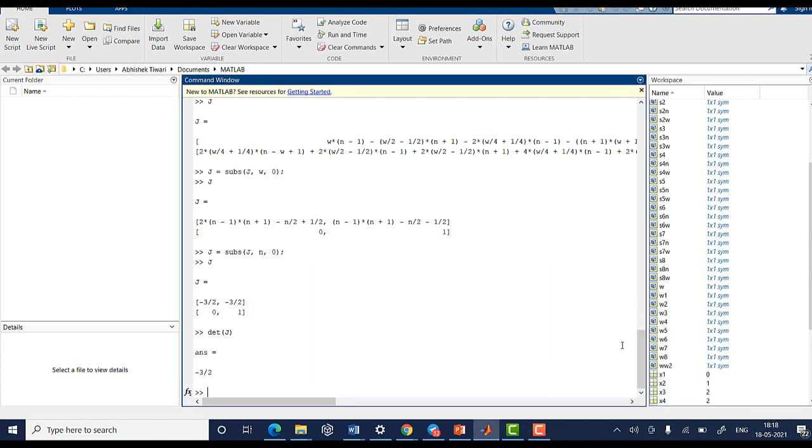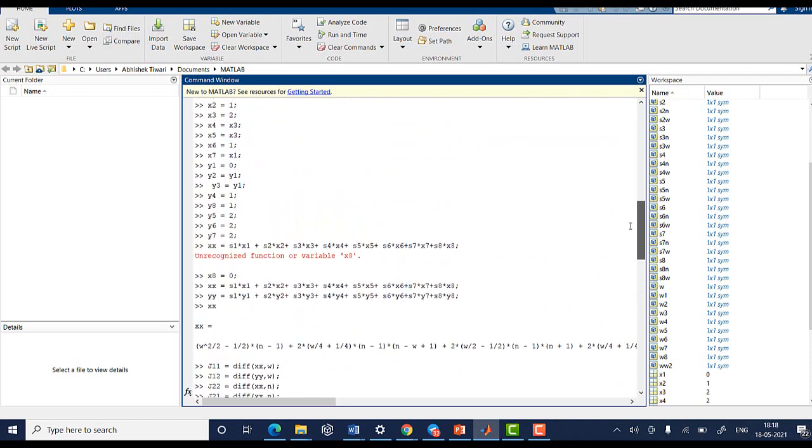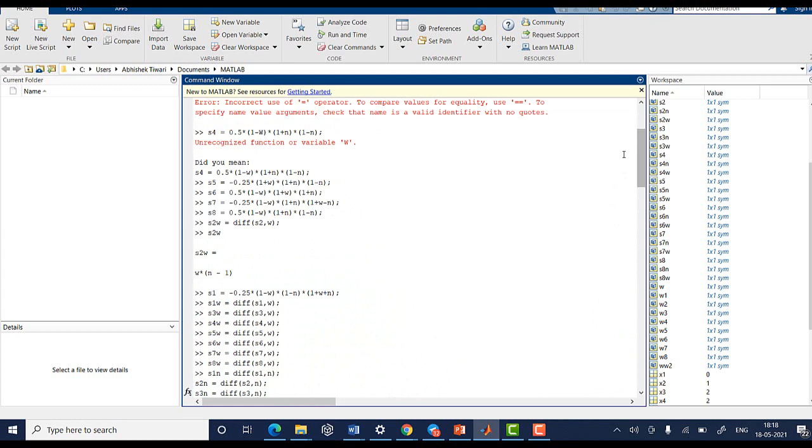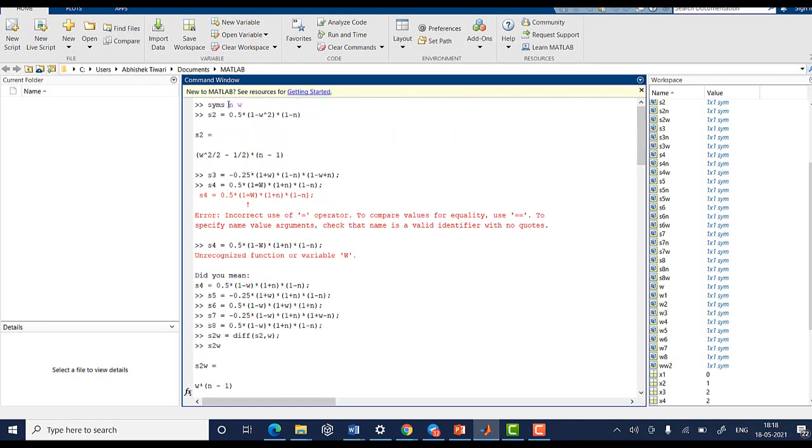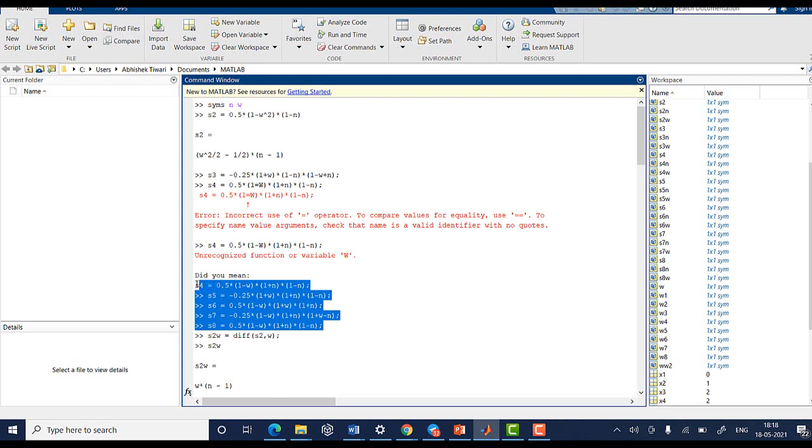Okay, so first what I have done in MATLAB is I have written all the shape functions. First you define symbols. I have defined eta as n and zeta as w, because I don't have Greek letters in MATLAB. And then I have written down all the shape functions. So S1 is the shape function at node number 1, and S2, S3, S4, S5, S6, S7 and S8. So these are the shape functions, and then I have described the